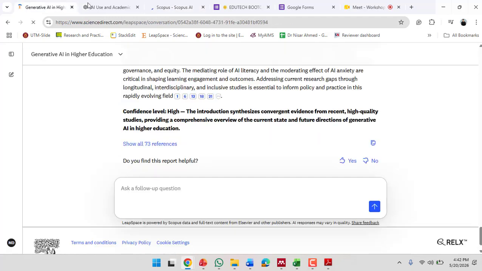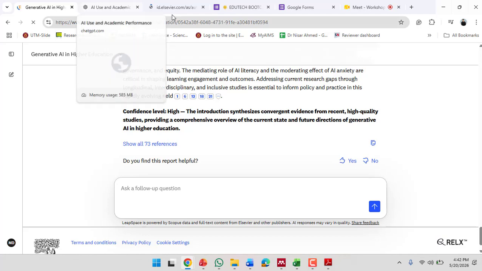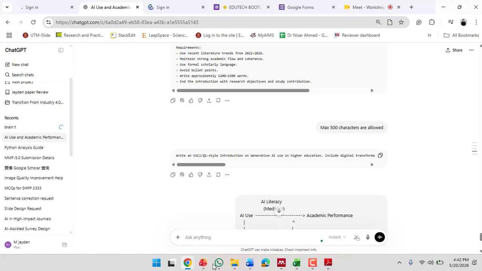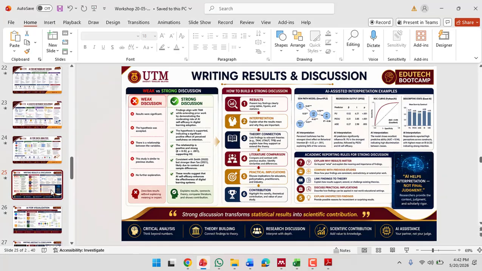Again, these are the tools for reference management. You can use Google Scholar and Mendeley. You can easily reuse the RIS file from Google Scholar and from Scopus AI. Just import into Mendeley and you can edit in any format, APA format, IEEE format, MDPI, any format in which you would like to add.